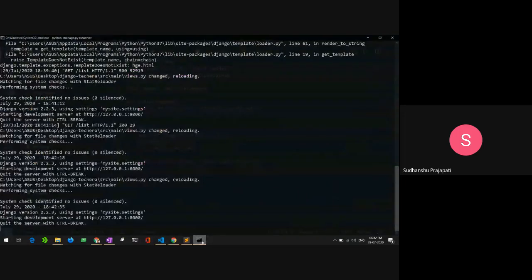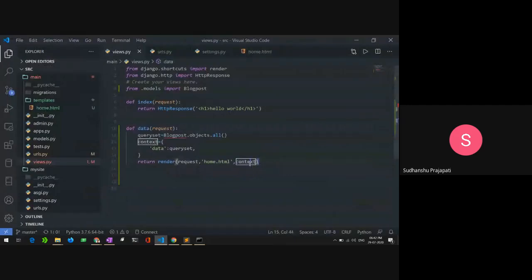Now you can see my Django has reloaded, and it is getting all the objects from the database, passing them into the key named data inside the context dictionary, and we are passing that dictionary to the home.html using the render function, which gets the request, the template name, and the context it needs.